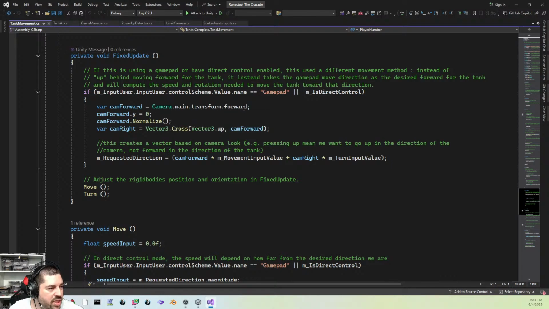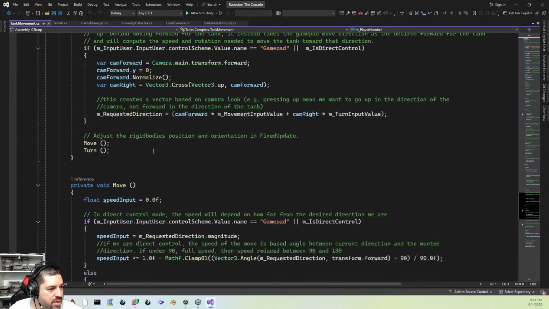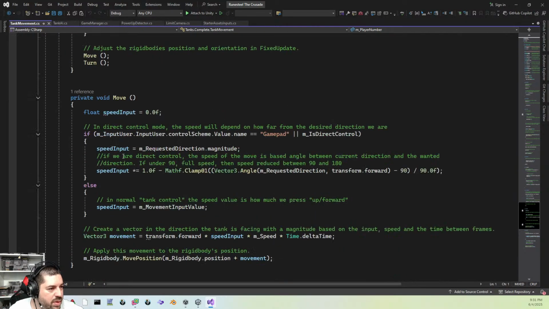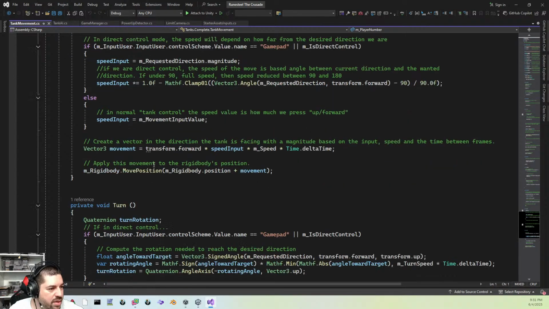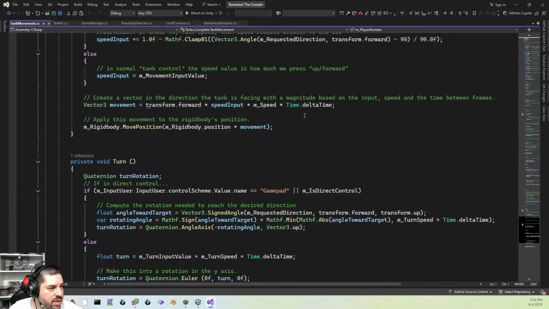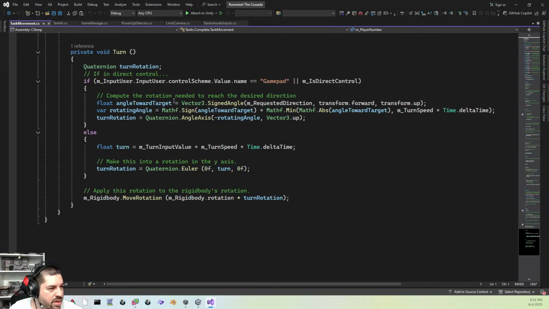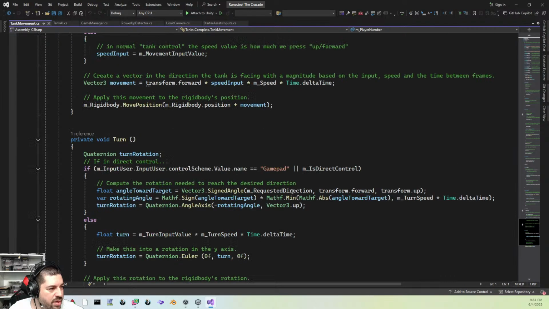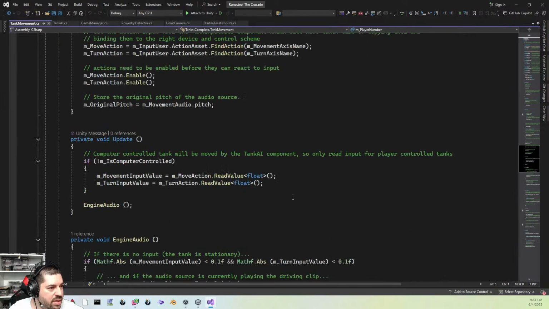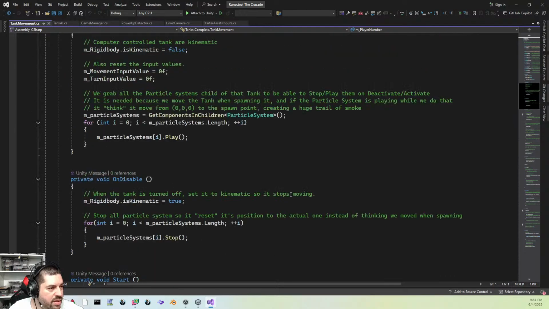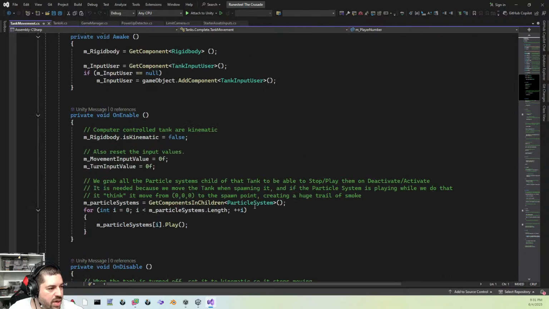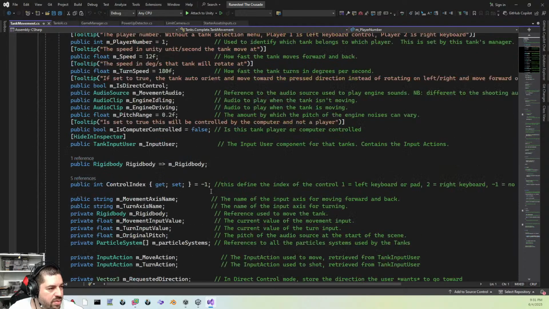Camera main transform towards forward. Move speed. Speed input. Movement. Turn. Alright, I think it's just constantly looking for me. So I think we need